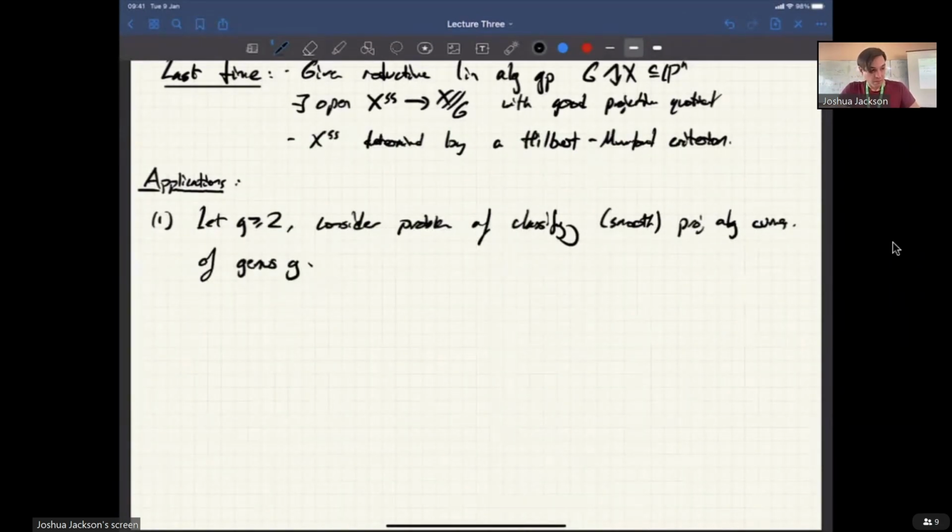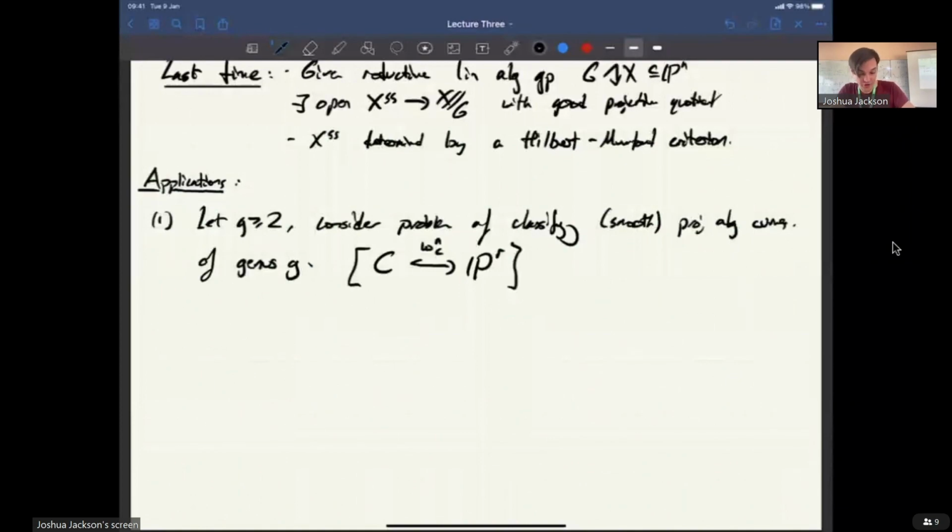A way you can do this with GIT is if you take your curve C, then if you take a sufficiently high power of the canonical, you can embed it into a projective space. And this corresponds to a point in a certain locus, which I'll call K, inside what's called a Chow variety,